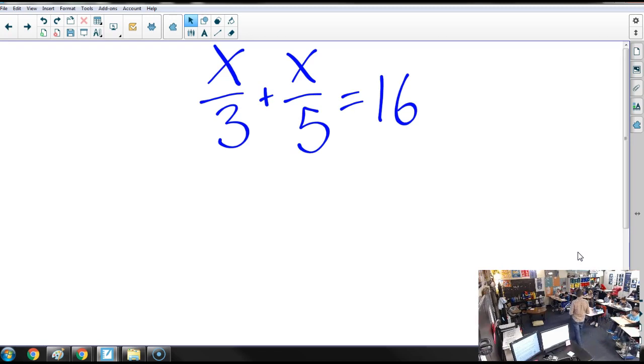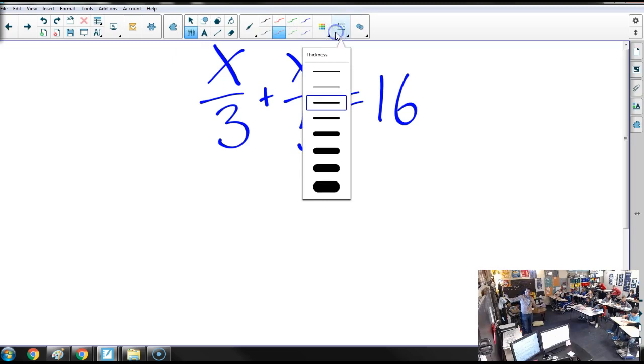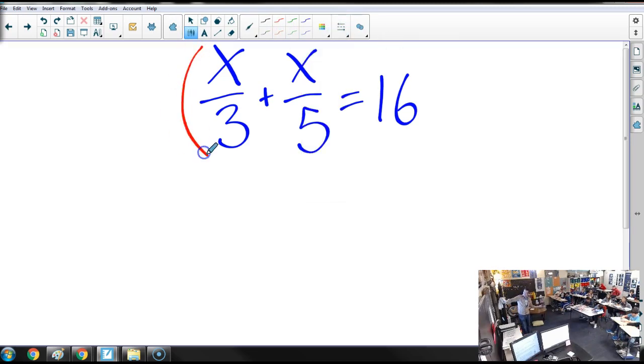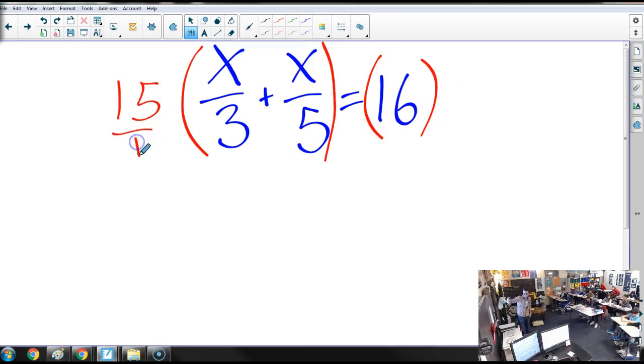Zane, I feel like it has something to do with the number 15. Why do you feel that way? 3 and 5, and the last time you multiplied denominators together. Your feeling is absolutely correct. If we multiply by 15 over 1, arguably,